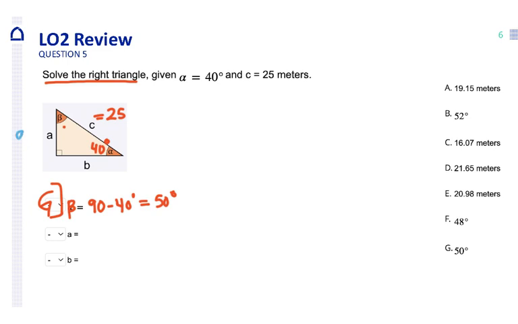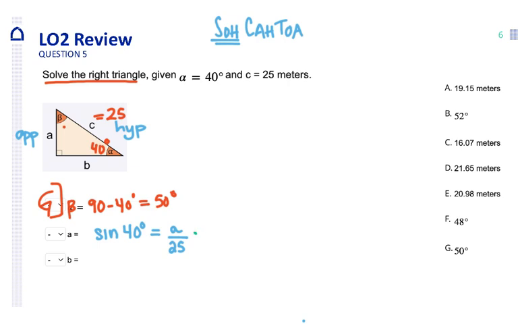Side A. So relative to the 40-degree angle, that's the opposite. We know the hypotenuse. So again, using our memory device, TOA, if we have the opposite and hypotenuse, we can use the sine ratio. We can say sine of 40 degrees is the opposite side A over the hypotenuse, which is C, which is 25. And then in order to solve for A, you just do a little bit of algebra. We'll multiply both sides by 25. And we'll get that A equals 25 times the sine of 40, which is